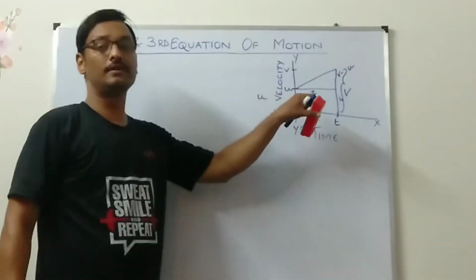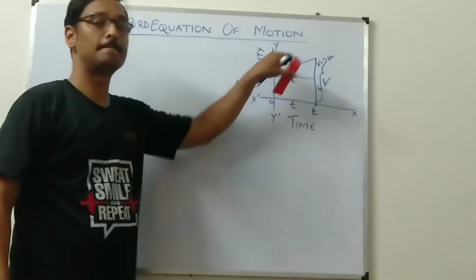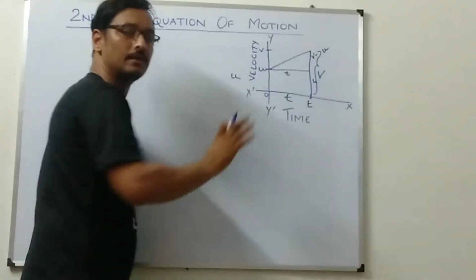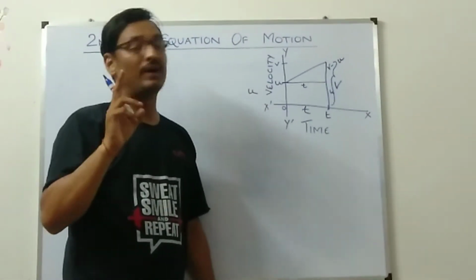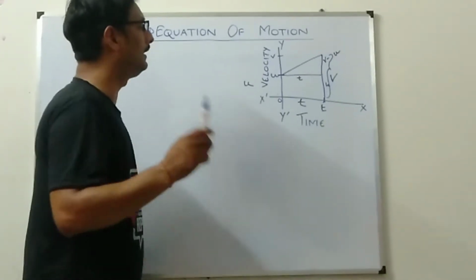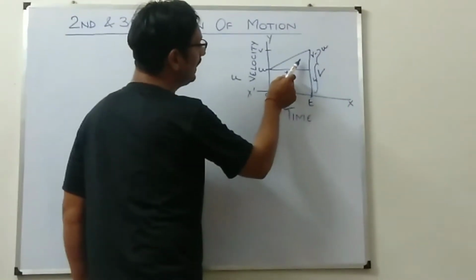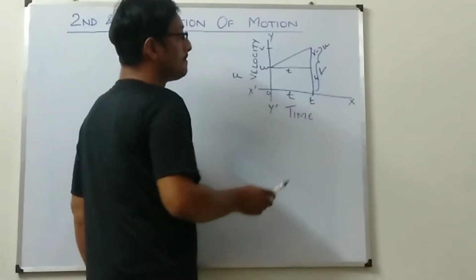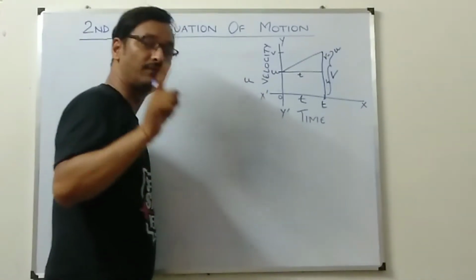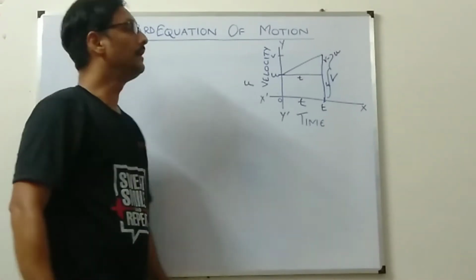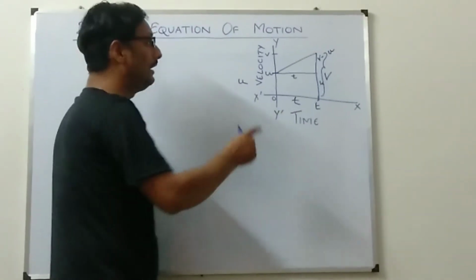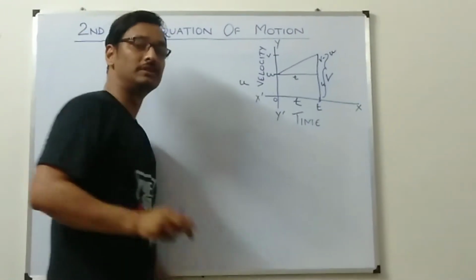There are two ways to find out the area of this figure. This looks like a trapezium. I can find the area of this trapezium in two ways. First method is, if I find the area of this triangle and this rectangle, then by adding both of them, I can find the area of this trapezium. This is the first method. And what is the second method? If I find the area of the trapezium directly. So these are the two ways.